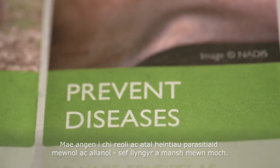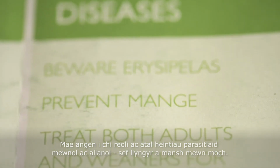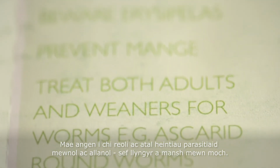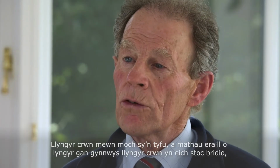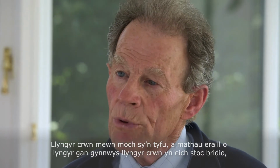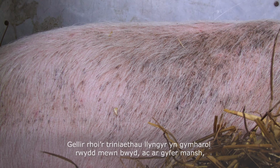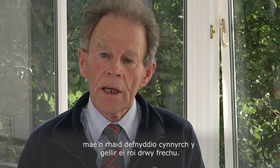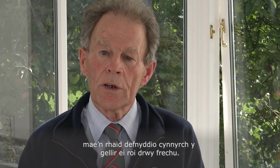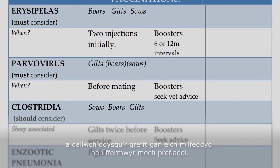You need to control and prevent infestations of endoparasites and ectoparasites. That's worms and mange in pigs, roundworms in growing pigs, and other sorts of worms, including the roundworms, in your breeding stock, and sarcoptic mange, which makes your pigs itch. Those treatments for worms can be given quite easily in feed, and for the mange, that has to be an injectable product. For any injections, you need to be competent,